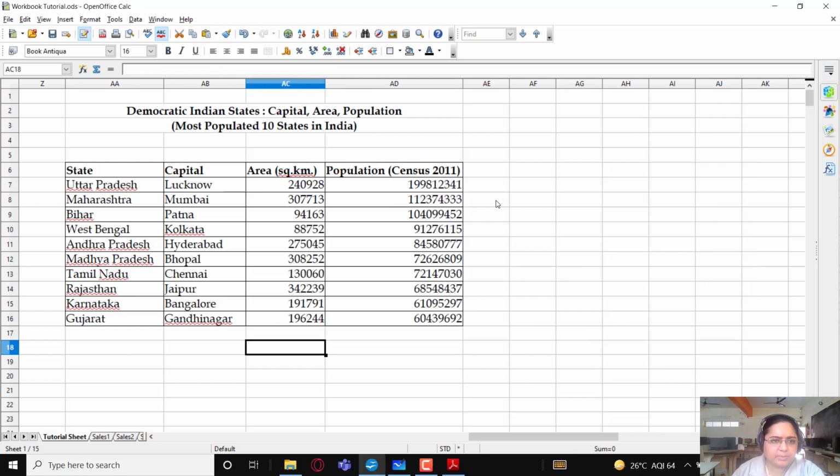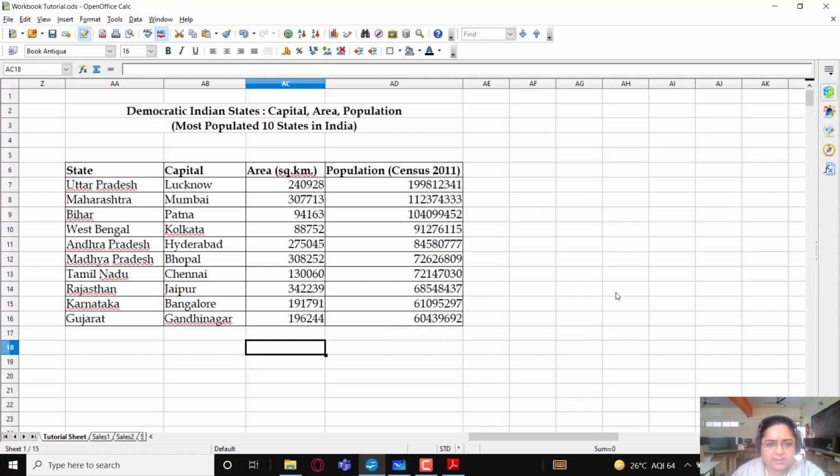We have another table over here which shows the 10 most populated states in India. You can see the state, their capitals, their area in square kilometers, and the population based on the 2011 census. There are basically two columns which contain numeric data, area and population.